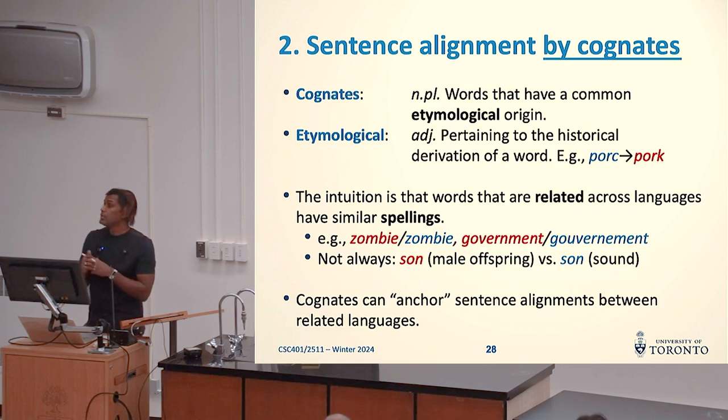Thus, if we make that assumption, then we can use cognates as our anchors between related languages. And it doesn't have to be just cognates. If you think about proper nouns, whatever your name is, like Andrew did something, and Andrew did something in French, the proper names are going to be the same. So they can also act as anchors. So the idea is that we use some kind of anchor in two languages, and then we try to do